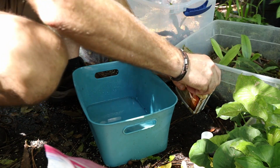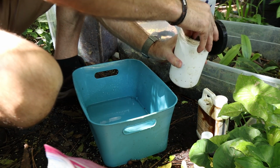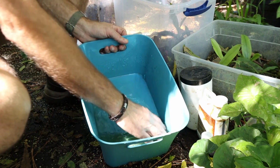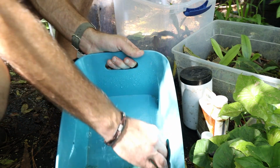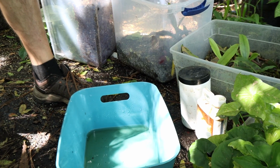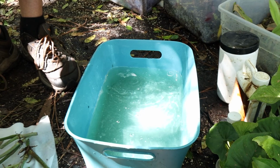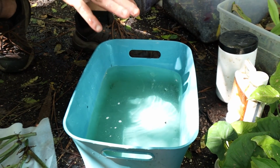solution. Add just a little bit of some kelp fertilizer. And last but not least, I'm going to add just a little bit of a rooting fertilizer, which is actually a flowering one, but that will help give these guys a little bit of a boost. So now I want to add some more water to dilute this out. There. So in the end, we've got a very, very weak solution of all the components that I